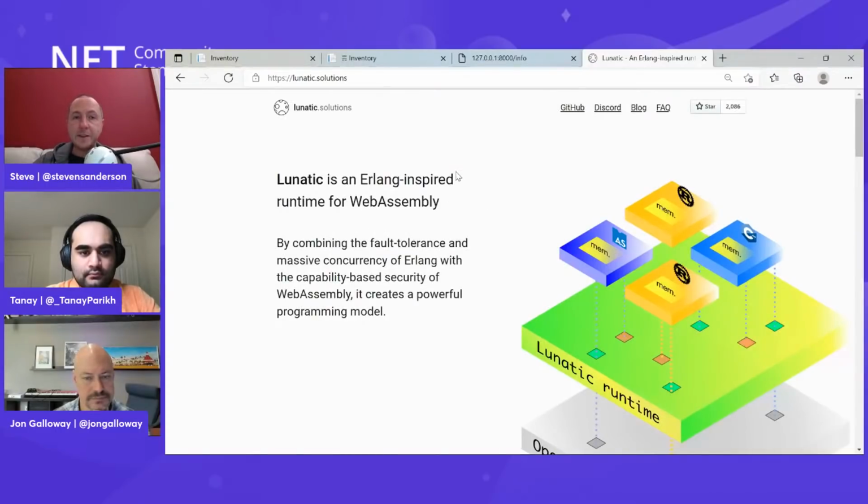Erlang is this distributed actor model system in which everything is ultra sandboxed and guaranteed that if any part of your application goes down, then it can come back up again. It's all about fault tolerance and manageability. And so they've created a WebAssembly runtime environment where instead of just running a single unit of WebAssembly code, you